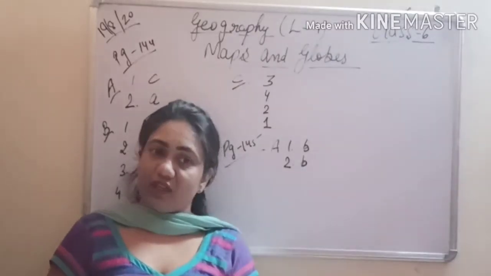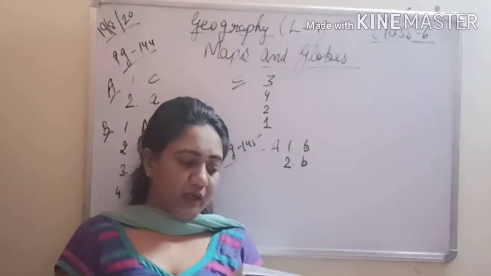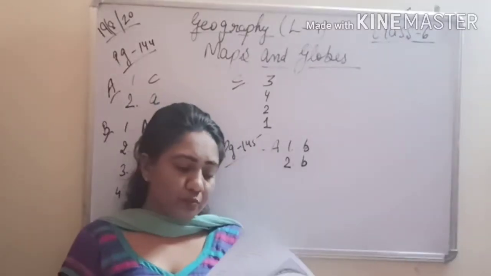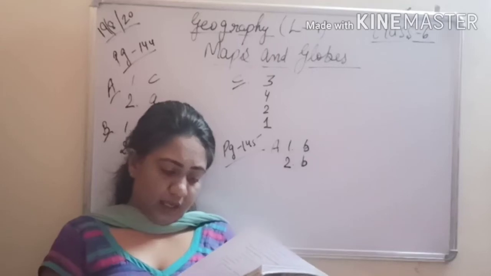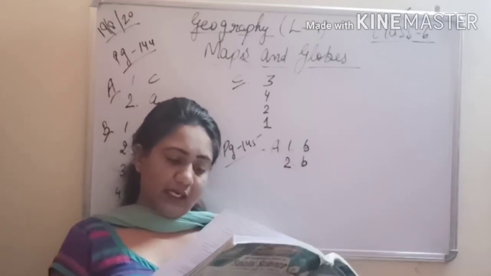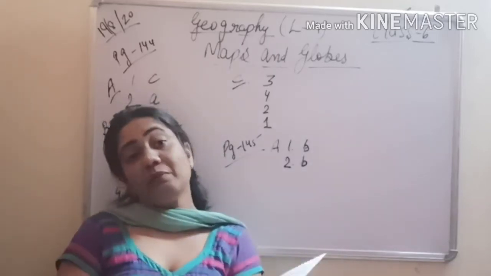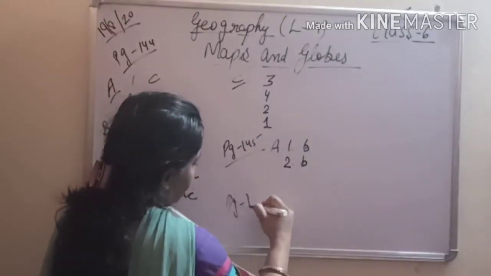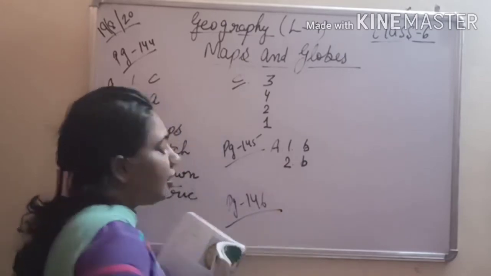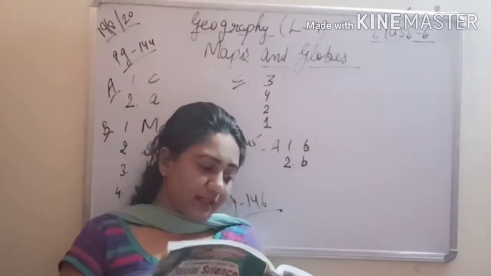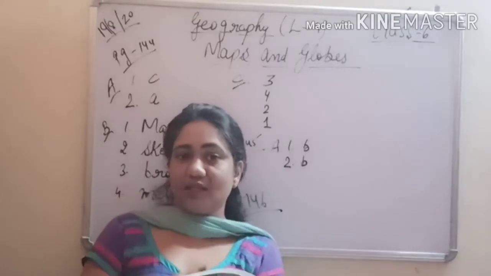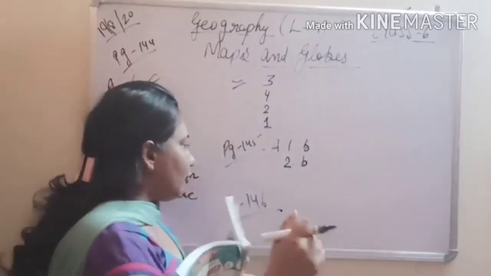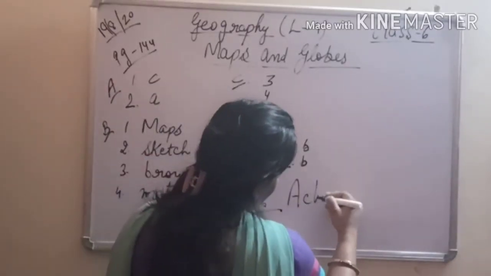So with this we finish the book work. Hope you have done your question answers. The PDF file has already been uploaded on your Google Classroom. And then there is one activity that I want you to do. So come to next page, that is page number 146. Right. So what is this? Under life skill there is one activity you need to do. I just want you to draw a plan of your house. So this is your activity.